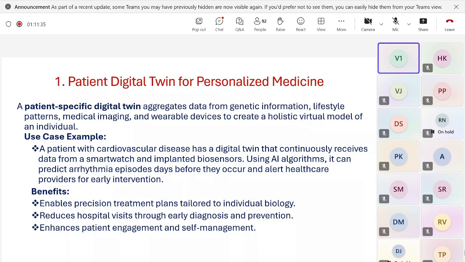Let me get on to each individual one. We have some 10 use cases here, so I'll get on to a few of them. One is the patient digital twin for personalized medicine. That takes care of precision treatment based upon